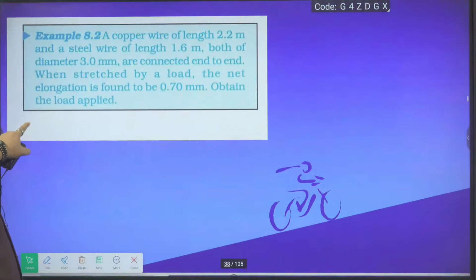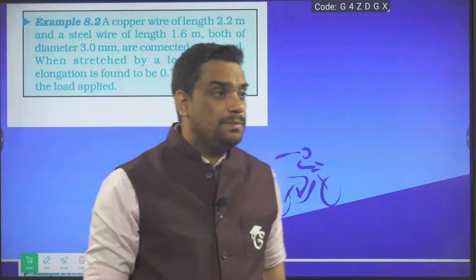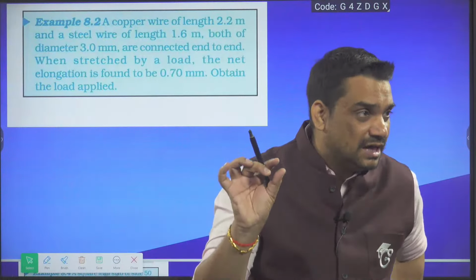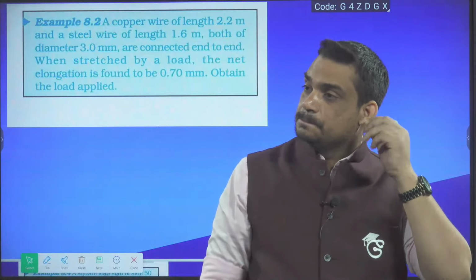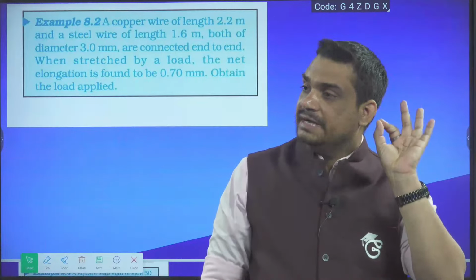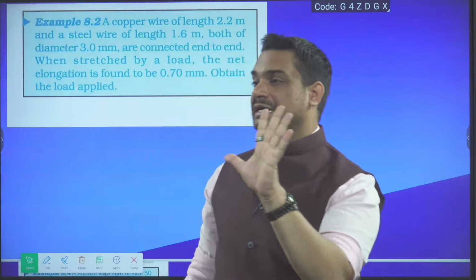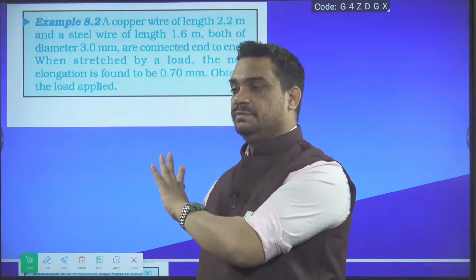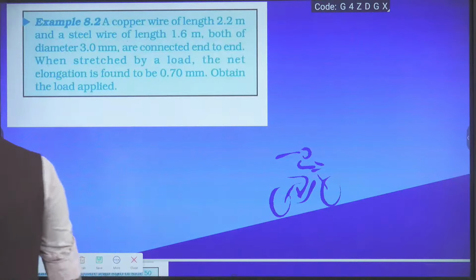Now comes this question, a very simple and important question. A copper wire and a steel wire, both connected end to end, are stretched by a load. Net elongation is given. I will explain the concept because the data is not given; we have to take the data from the table given in the NCERT. So I can say in this one,